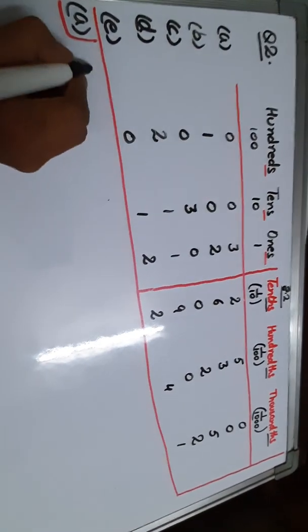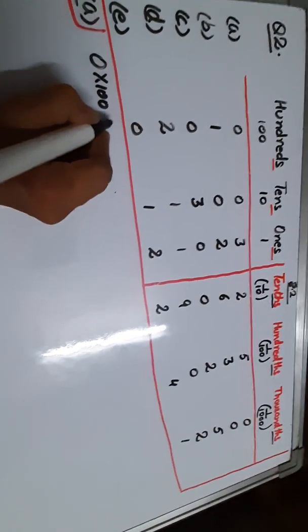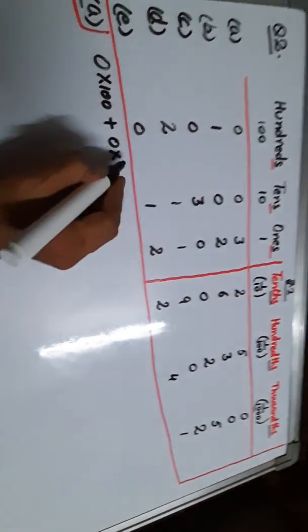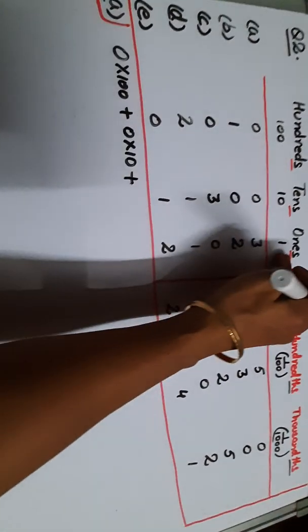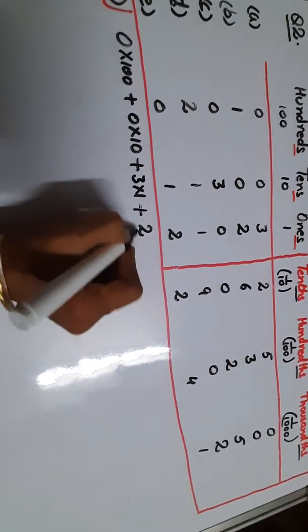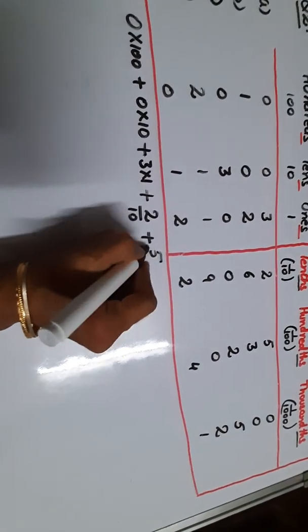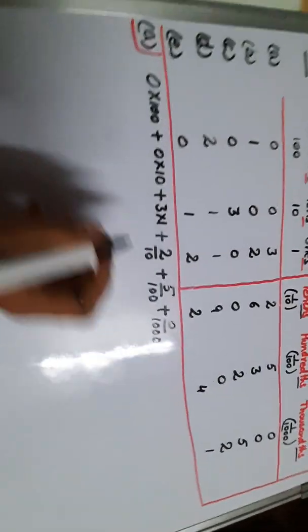Therefore first number 0, this will get multiplied by 100, right? Then plus sign, next 0 multiplied by 10, this is at tens place, so we'll multiply it by 10. Then again a plus sign, 3 is at ones place, so we will multiply it by 1. Then 2 is at tenths place, "th" has come, so start dividing. Plus 2 by 10, plus 5 is at hundredths place, so we will divide it by 100, plus 0 is at thousandths place, so we will divide it by 1000. So now let us solve it.